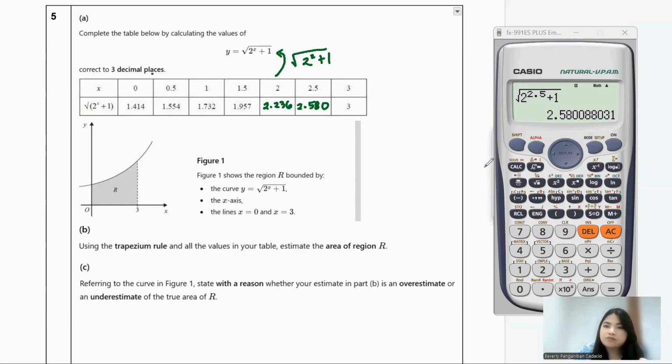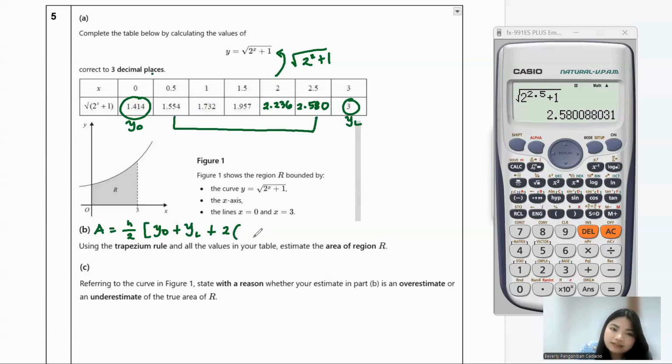We're going to use the trapezium rule formula, and hopefully you still remember how to use it, but it will be in the formula sheet, so you don't need to worry. The formula is this one: h over 2, and then y0, meaning this one, y0, plus your yl, or the last y. It may change, so I will not give a number there. If you want to put y6, go ahead. But I will just put yl, meaning my last y. And then everything in the middle, you're just going to add, and then multiply.